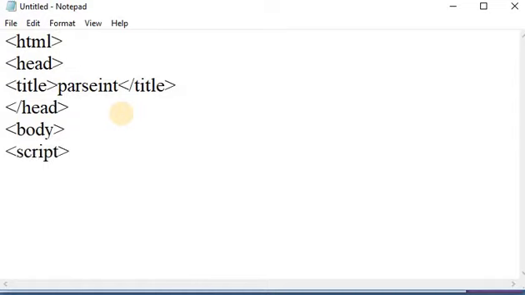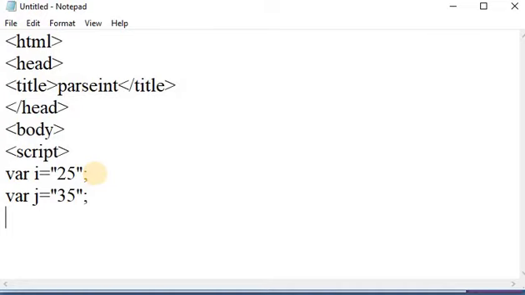In the script tag, first of all I am taking one variable, var i is equal to 25 as a string number, and again var j is equal to the number 35.